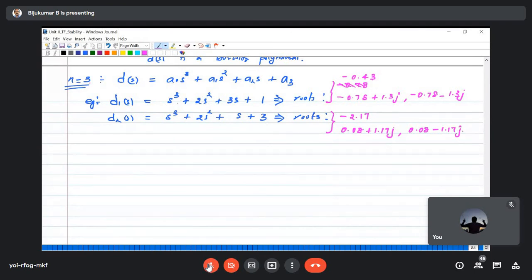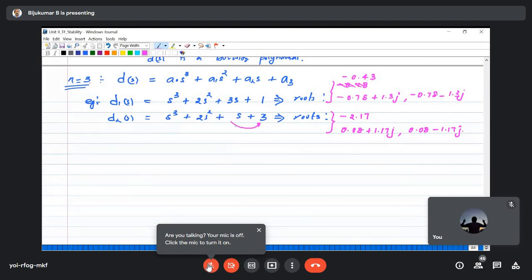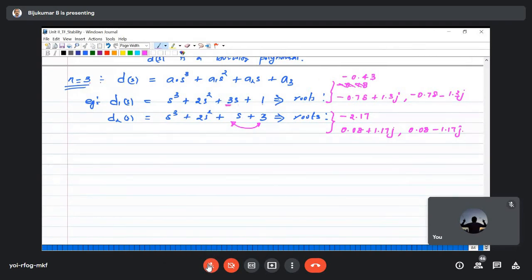See, in our polynomial, all the coefficients are positive only. Compared to d1 of s, what is the specialty in d2 of s? I just swapped the coefficients. Here it was 3 and 1, now I put 1 here and put 3 last. But you observe that if I locate the roots of both,